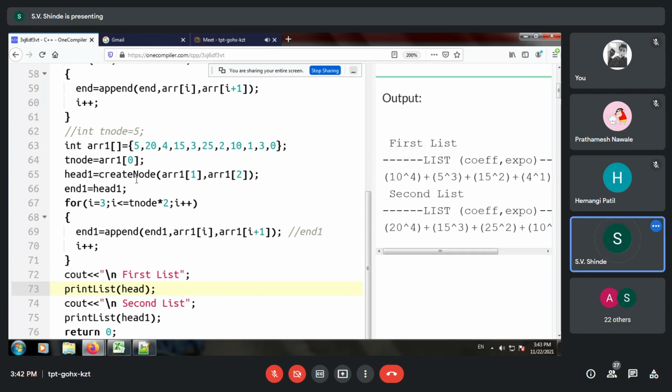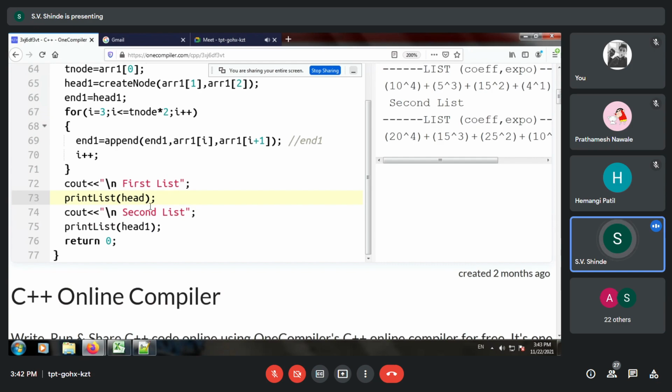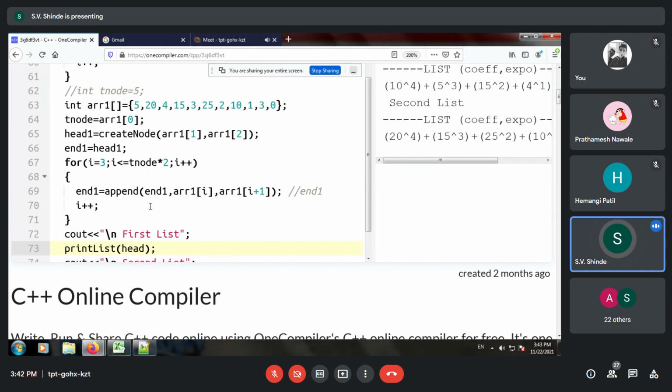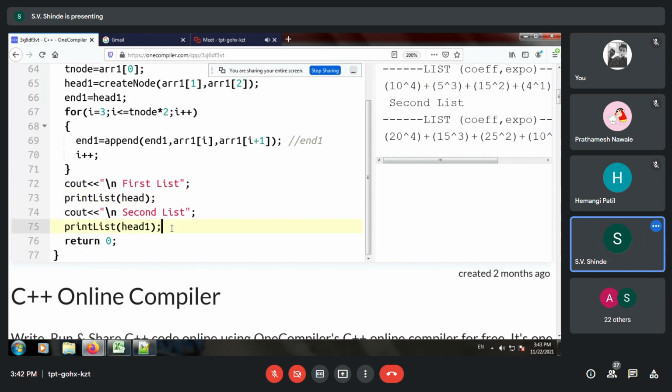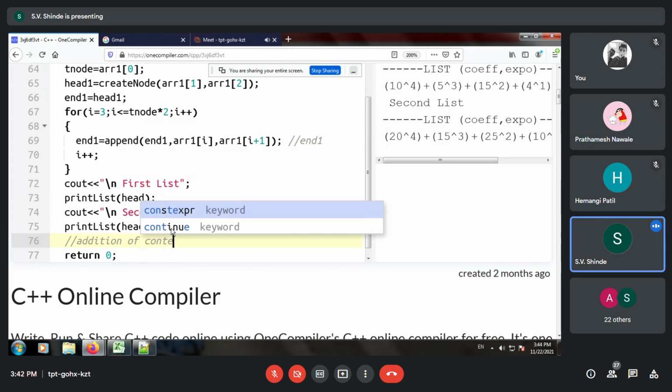and we'll see how it is possible to generate a new list from this. Okay. So now we have two arrays, array 1 and array 2, and our task is to add the contents of the polynomial. So I use addition method. Addition of contents.